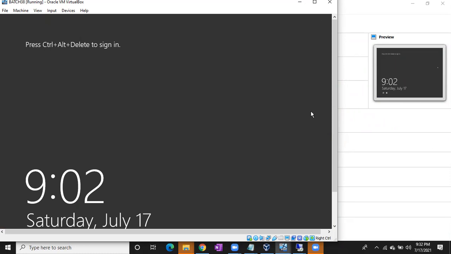To log into the Windows machine, what do I have to do now? I want to log into the Windows machine. Forget about SQL server. I just want to log into this machine. How to log in? It is clearly showing on the desktop screen. Control Alt Delete. Very good.